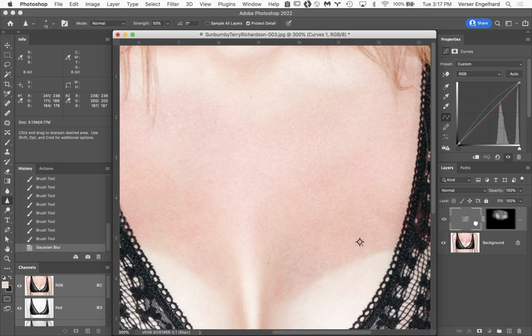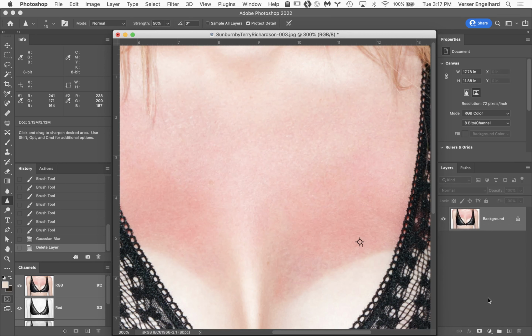At any rate though, I'm going to throw this away and I'm going to show you what I think is a much better way of doing this part. The reason I think this is a better way of doing it is that it actually targets the color of this, and that for me is the important part. We're going to start it out the same way we did before, because we do need to find what we consider to be,